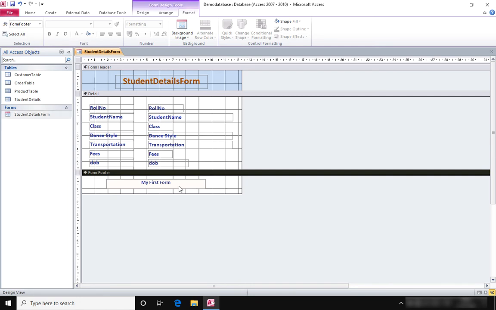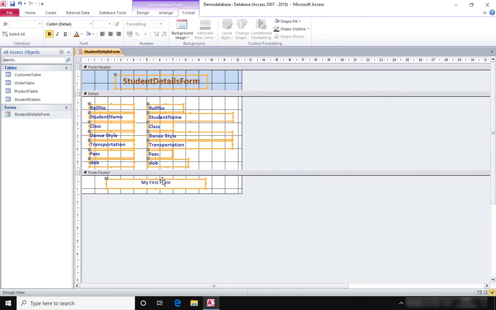Now I want to apply the left alignment for all the data or the text inside the different controls. So I will select all the controls by pressing the Ctrl and A keys together. I don't want to align the footer or the header label, so I will deselect them by keeping the Ctrl key pressed and clicking on the controls. Now for these controls which are selected right now, I will press the left alignment button from the Format tab of Form Design Tools. I will save it by clicking on Save.